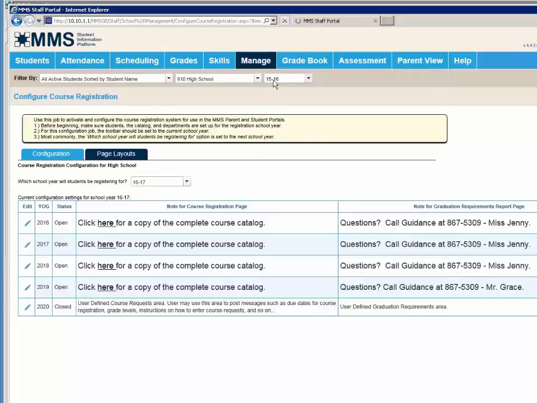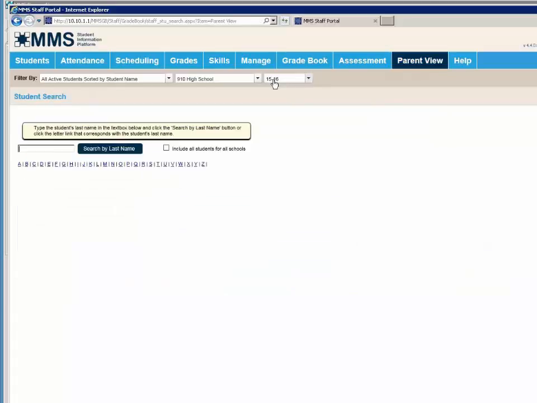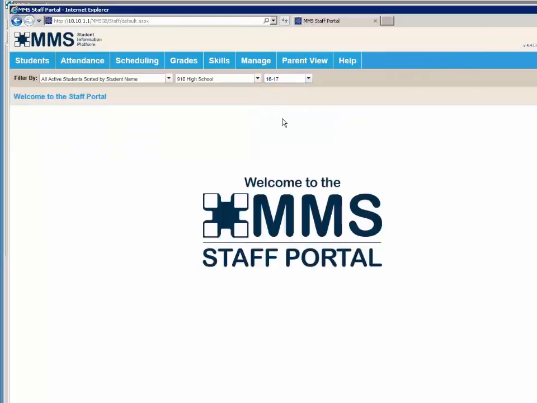Now I'm in the 15-16 school year, so that's what it's going to show me. I actually need to change to 16-17 to see some of what the students are going to see. By changing the school year, I need to redo the parent search and the student search, because I have a different